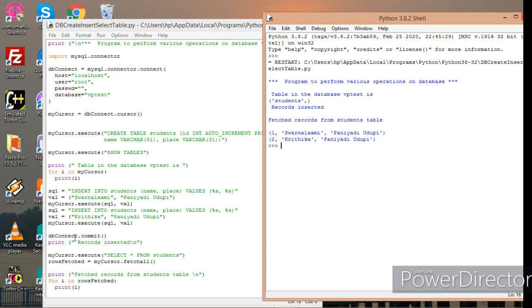Then after insertion of the records, I have read the records from the table students, and they are displayed. The first record is Swarnalakshmi with the place Paniyadi Udupi. The second record is Kritika, and the place is Paniyadi Udupi. And 1 and 2 are the primary keys.